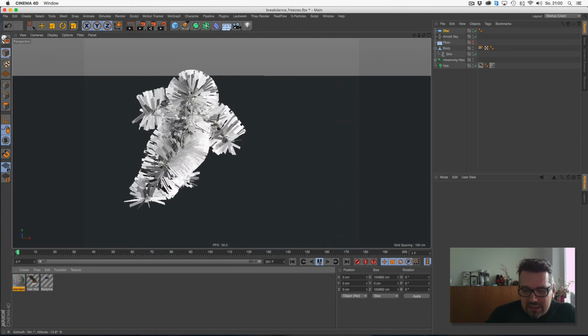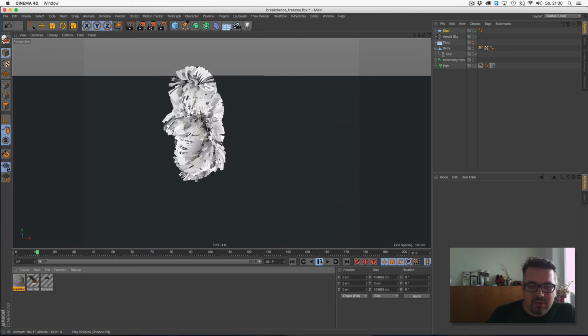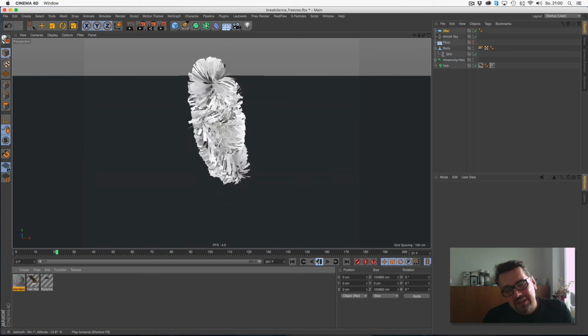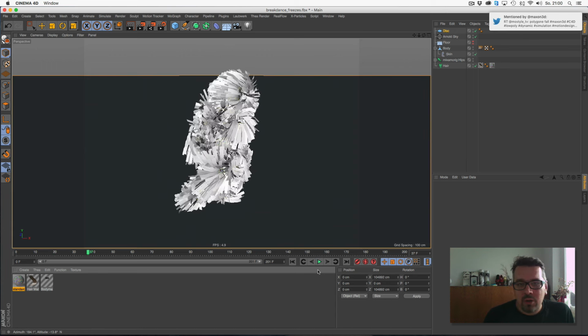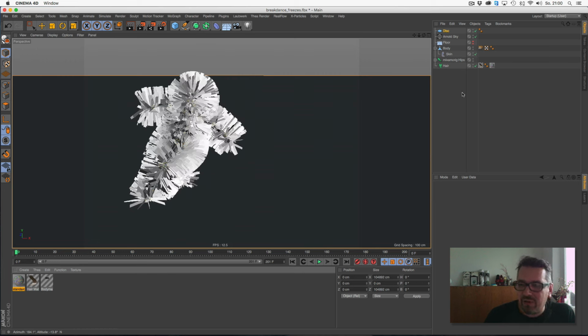And as I said in the second part, I tried the same very easy setup in Arnold Renderer. Oh, Maxon mentioned me on Twitter. Getting the same colors in Cinema 4D cost me a bit more brain work, but it's very easy to reach in the end.